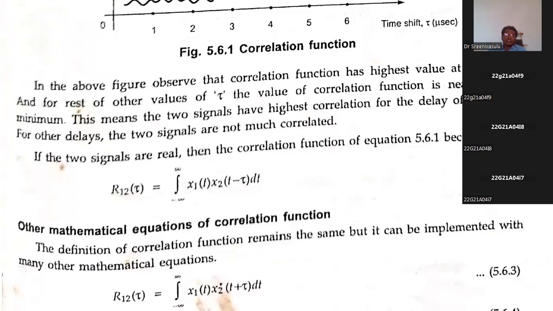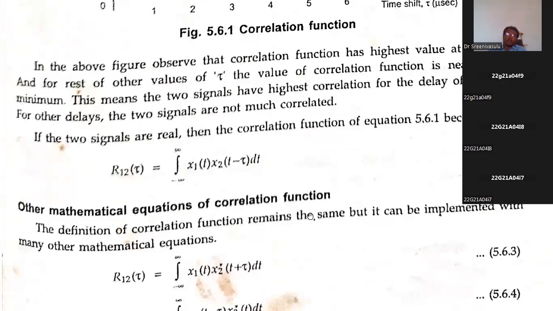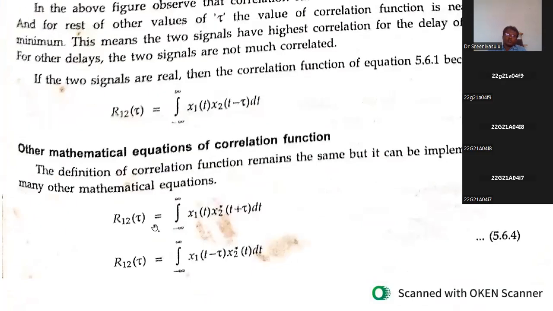Now this formula we are going to write in different ways. It is for real valued signals. Suppose the two signals are real valued signals, there is no complex conjugate. And you see the same formula we are going to write in a different fashion. Here, one is a delayed version, here it is an advanced version. In the previous equation and this equation, we have obtained the shifting operation on the second signal.